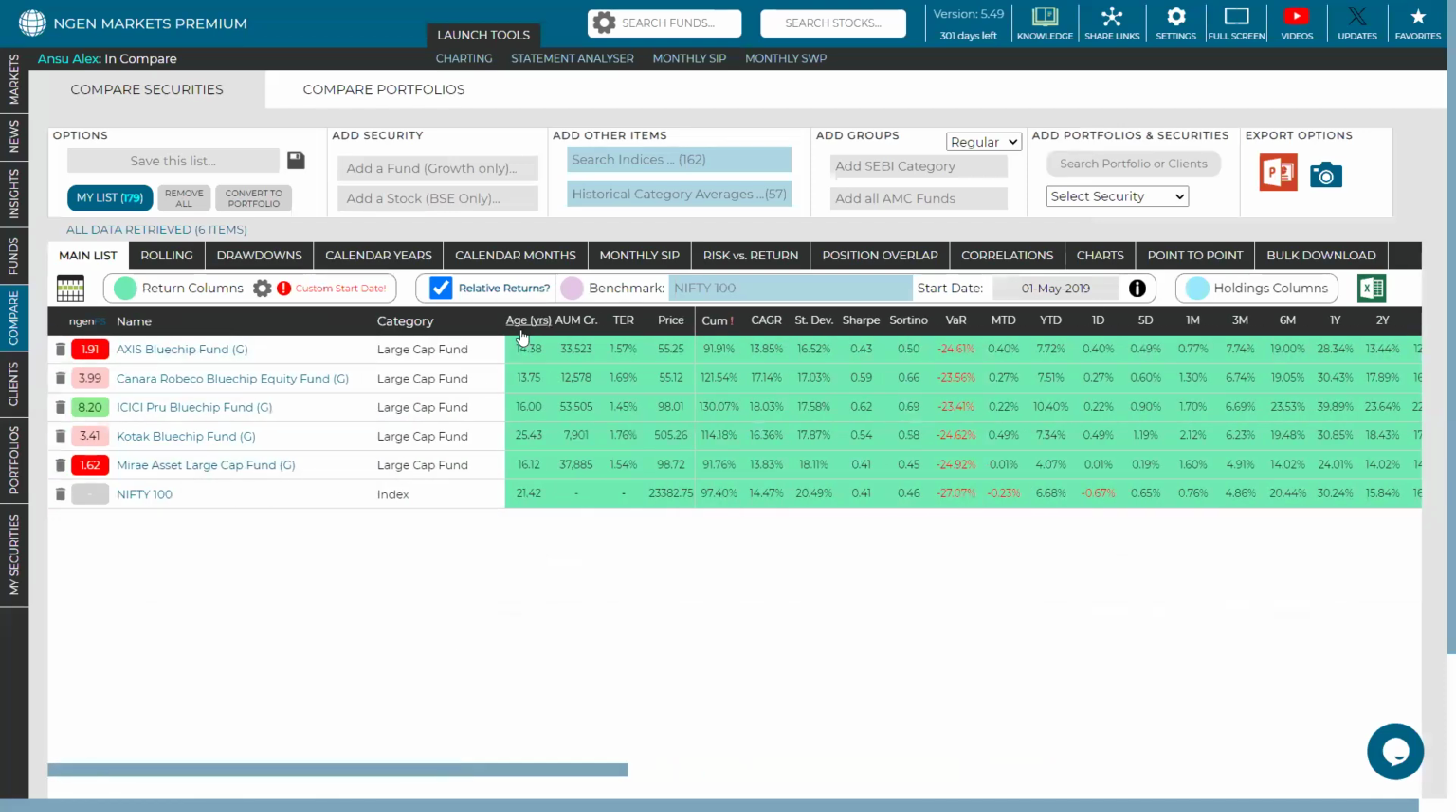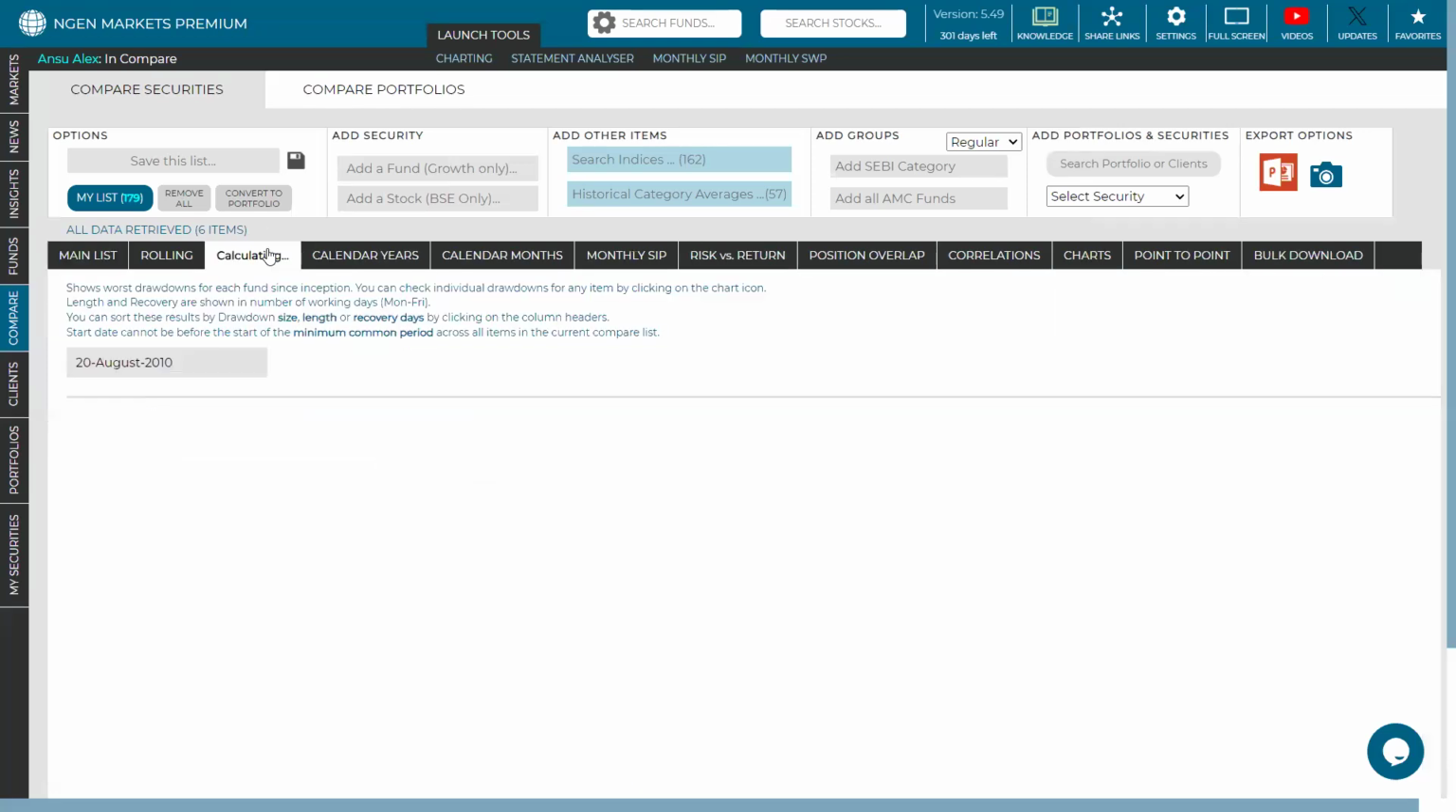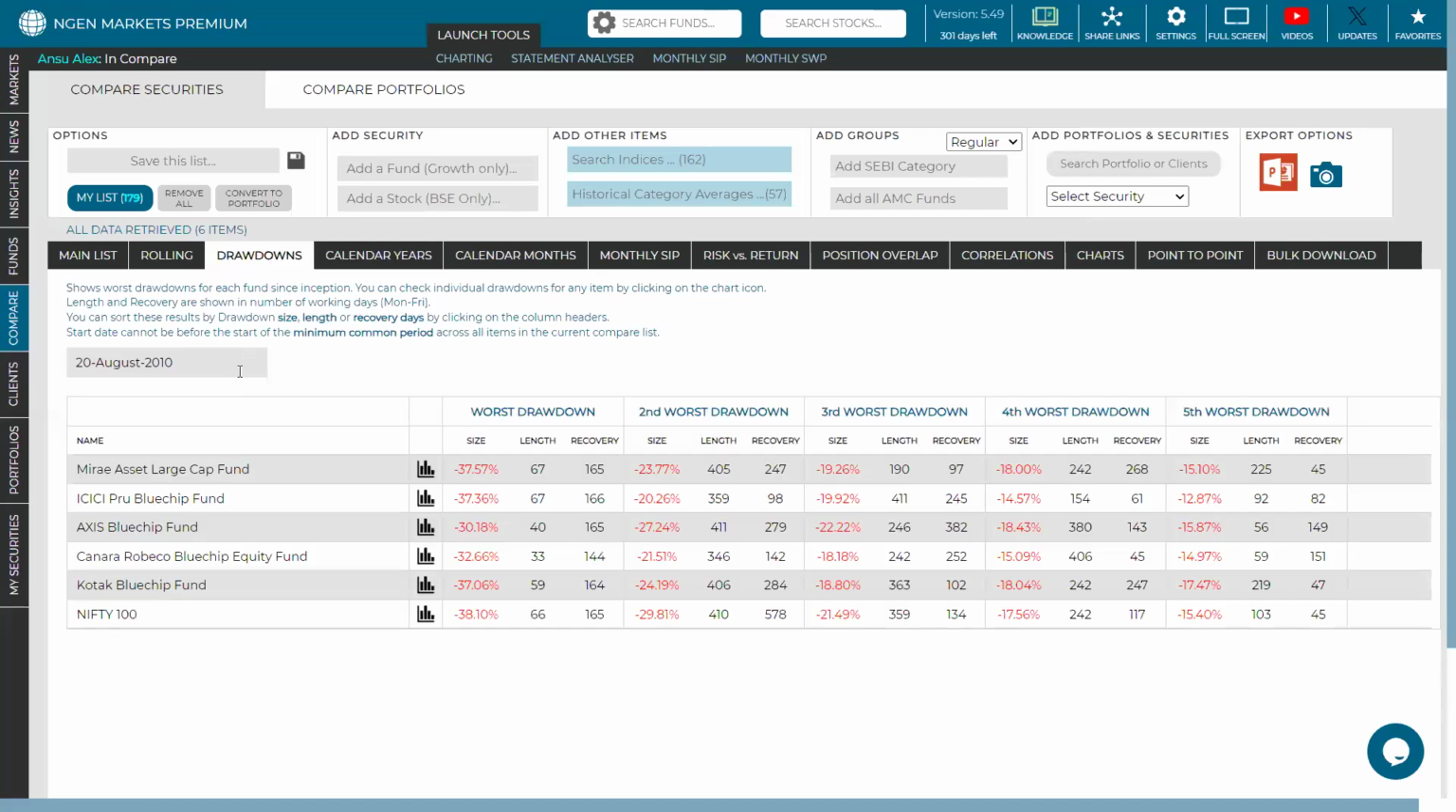Right. So you can see the age of the youngest fund. Based on the age of the youngest fund, the start date is automatically picked up so that we could have a minimum common time period for the purpose of analysis. Now, this start date is changeable anytime. So this drawdown tab, as I was mentioning, lets us know how quickly a fund has recovered from any loss